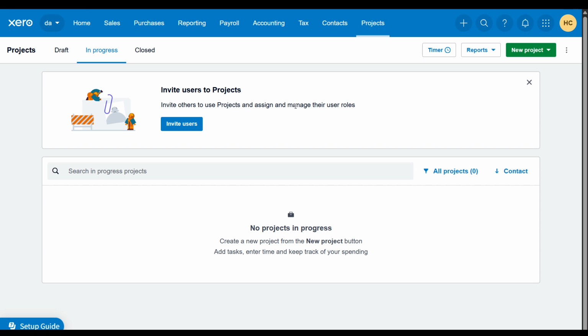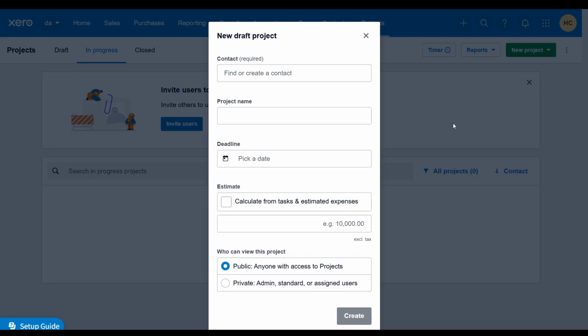Once you've clicked on it, you'll be prompted to fill in the details for your new endeavor. This is where you can customize your project according to your specific needs. You'll typically need to enter basic details, such as the project name, client information, estimated start and end dates, and any budget constraints you might have. Taking the time to fill out this information accurately will help you stay organized and on top of deadlines and